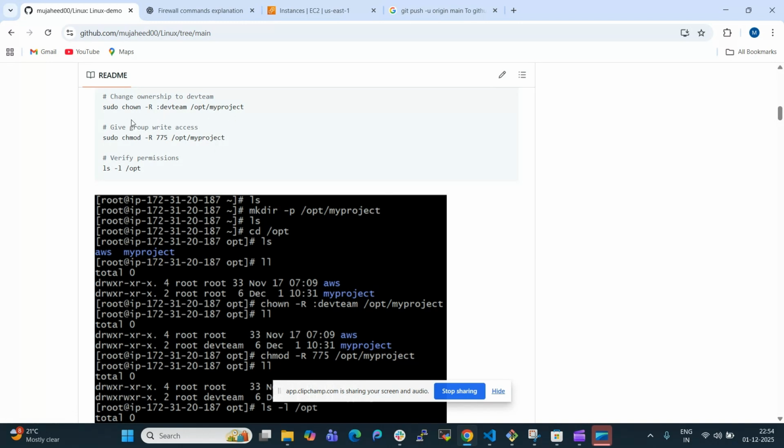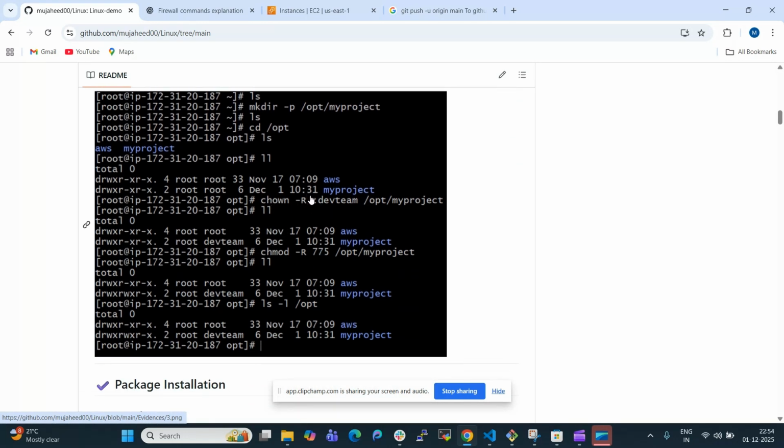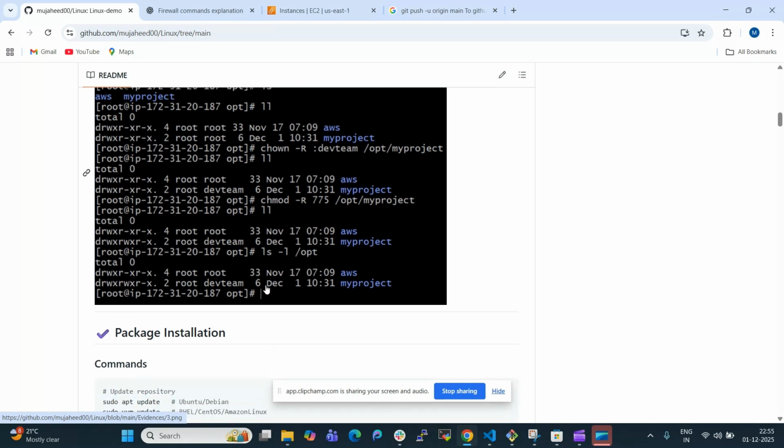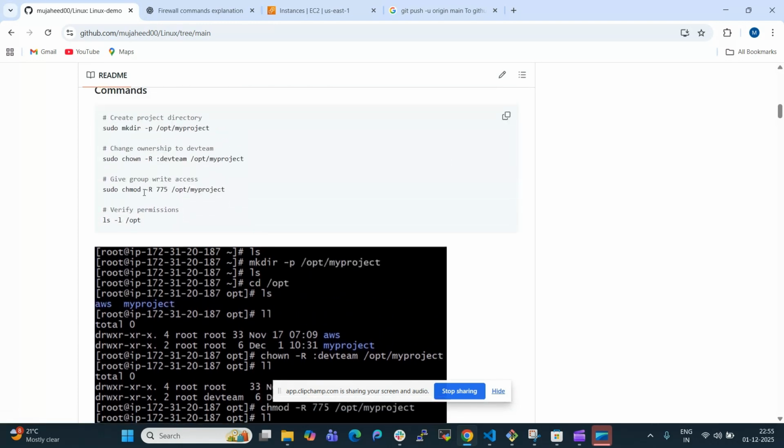the directory like chown -R :devteam /opt/myproject. Here we can see this. I have changed the ownership with chown -R devteam /opt/myproject. And then I have given the permissions, changing the mode. I used chmod -R 775 /opt/myproject. I am giving the permissions for this myproject, and